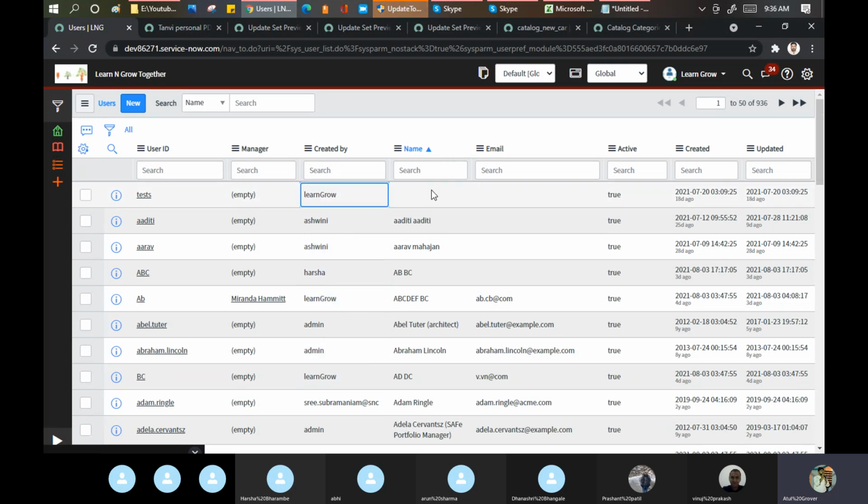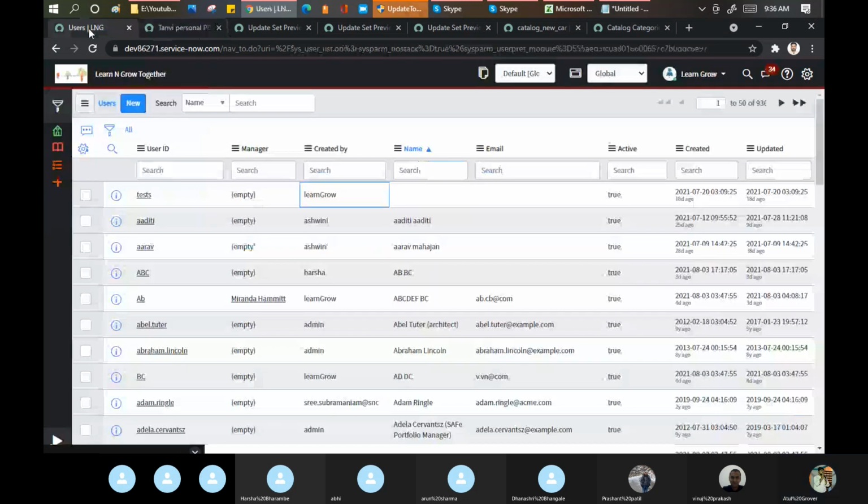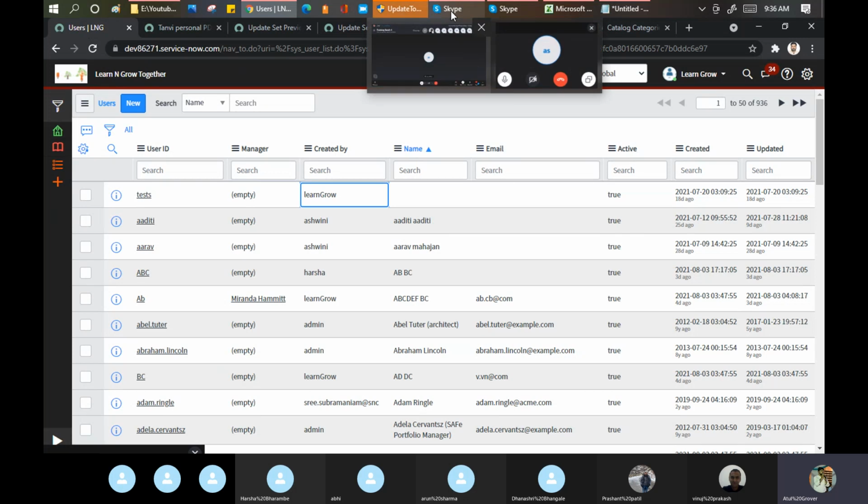Now, when we bring the data, I'm specifically talking about data now, no configuration, no customization. Suppose I want to create this Aditi record in the Tanvi instance. Perfectly fine, Atul. You can do it. No problem. But I avoid creating the Tanvi account manually in another instance.